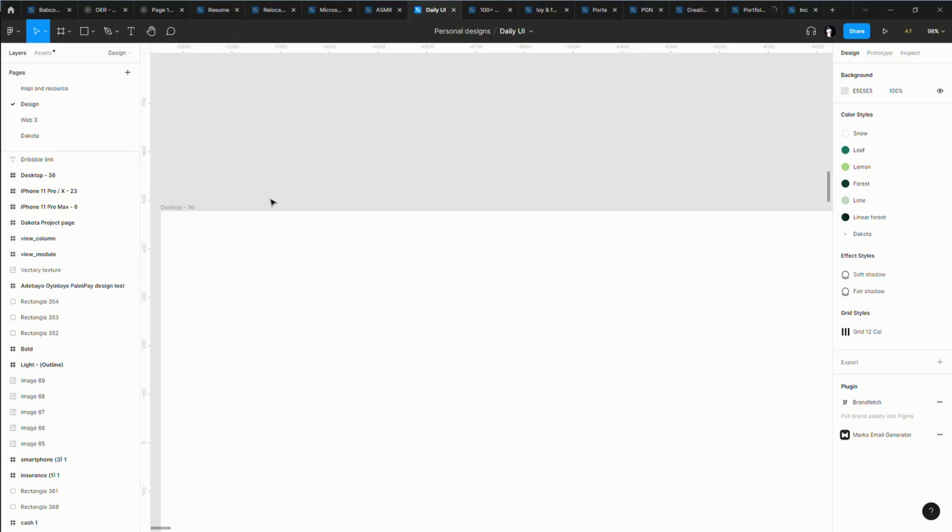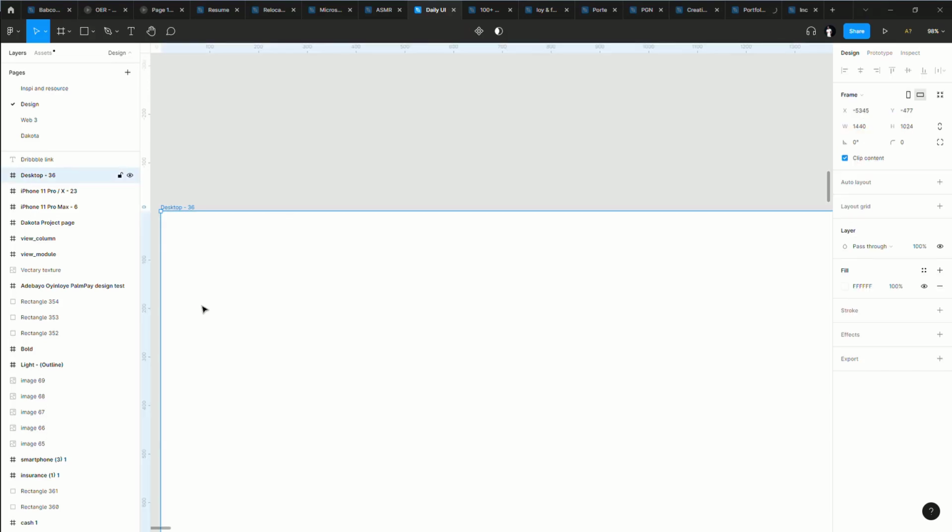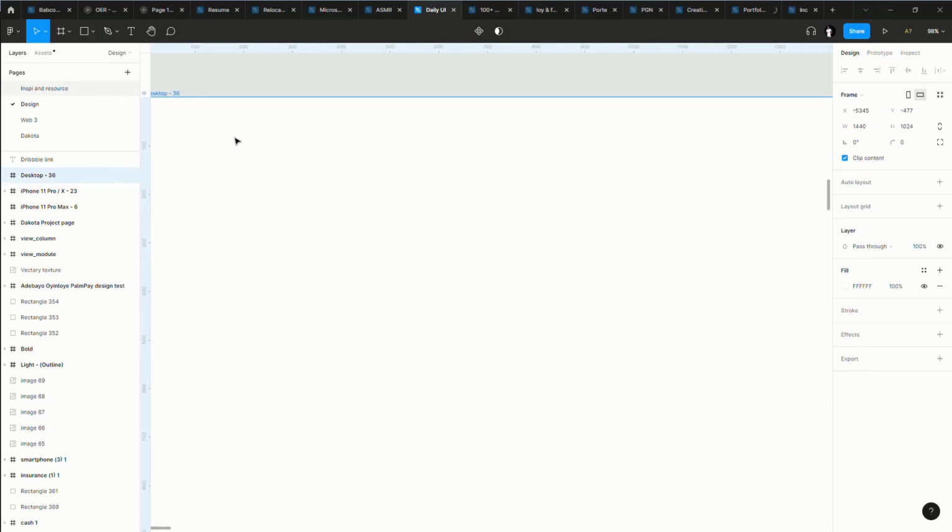Alright everyone, this is a tutorial on how to make your links accessible in Figma, or how to make them work and be linked to whatever website you are bringing into the frame. So I have my frame here. It's a blank frame, so I can easily write something and say something like